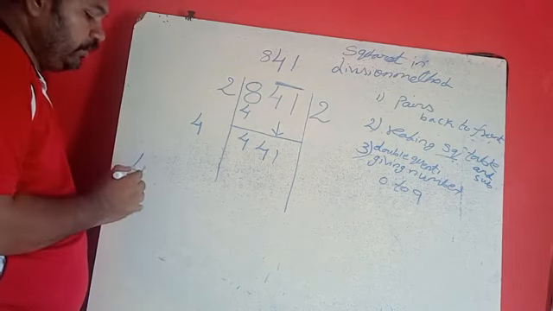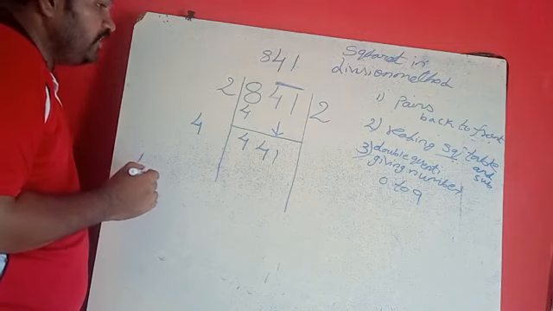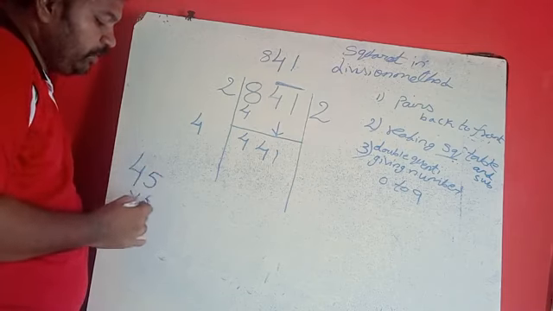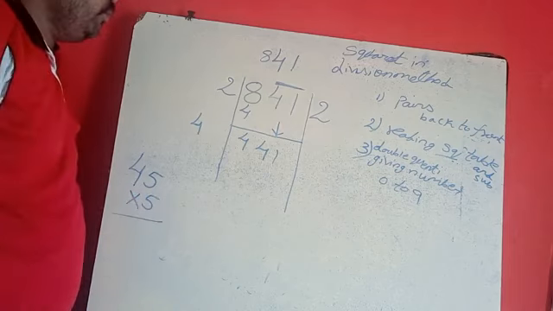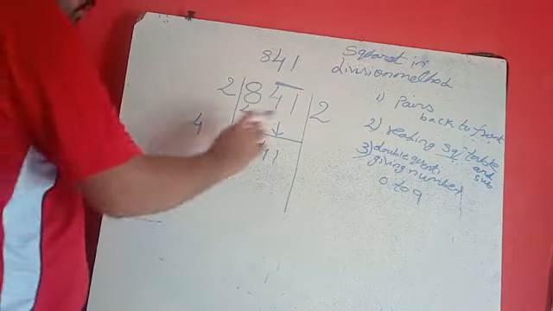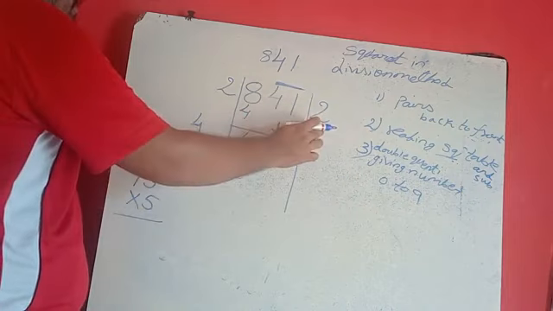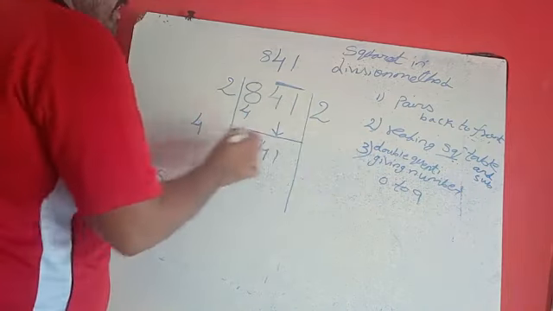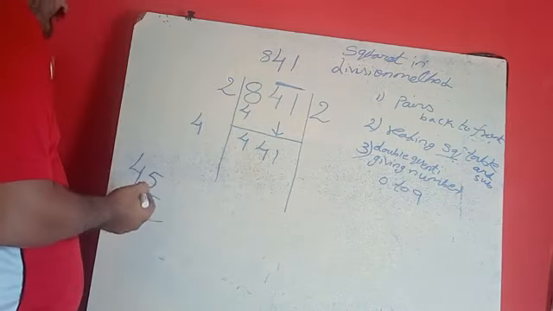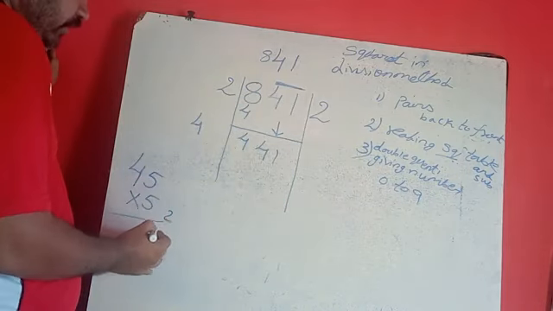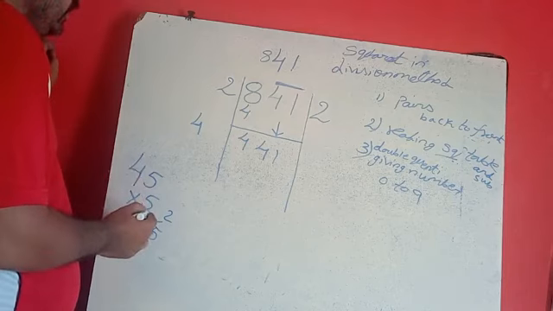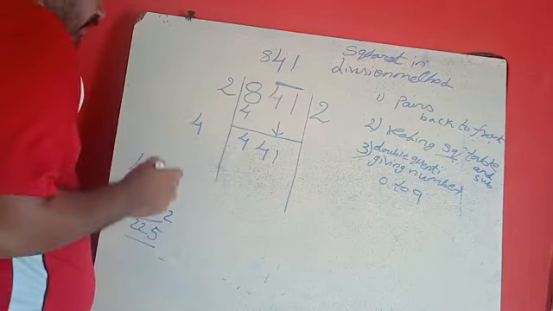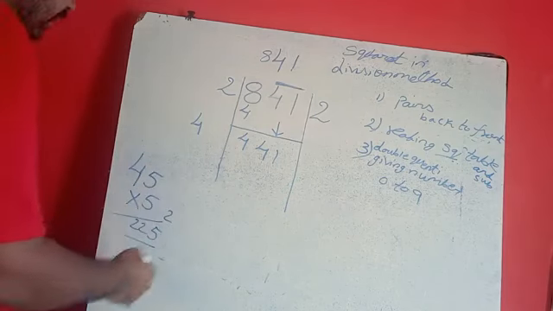How much do we have to give? Start with 0 to 9. I will take 5 first. With whatever number we took, with that number only we have to multiply. Once again, how did this 4 come? Double of 2 is 4. Double quotient is completed. For the giving number, I started with 5. 5 5s are 25, 4 5s are 20, so 225, which is not the nearest one. Then go for the next number.